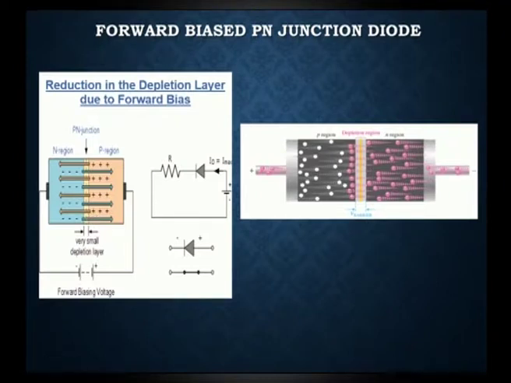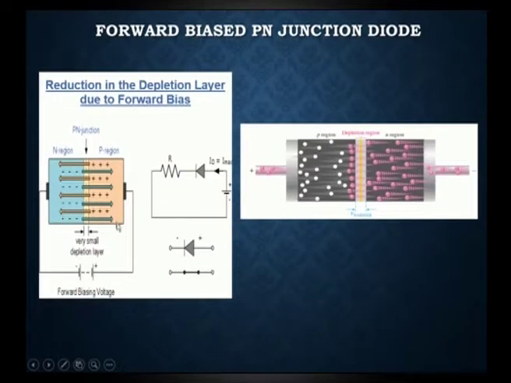Due to the reduction of the depletion layer, the electrons present in the n region are going to acquire energy, and whenever they acquire sufficient energy to cross the p-n junction, which has become very small, they cross it. Due to this flow of electrons, current will flow in the diode. So, this helps in the conduction of electricity. The current flowing in the forward bias is called the forward current,